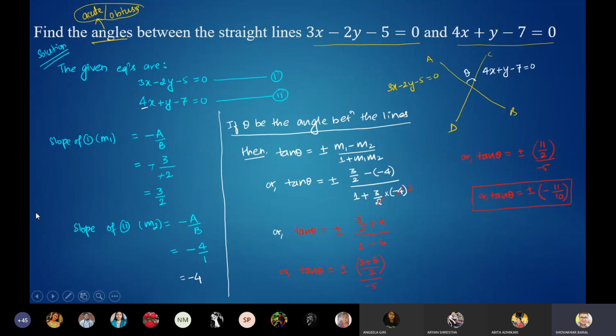I think this is the first question of the government textbook. Actually, I don't want to solve such questions at first. Since I have taken it from the first question of the government textbook, such a complex question is there, though it is preferred to solve in the second or third question. So tan theta is equals to plus minus 11 by 10. You can simply leave it by writing theta is equals to tan inverse plus minus 11 by 10. You can simply leave it in this way also.